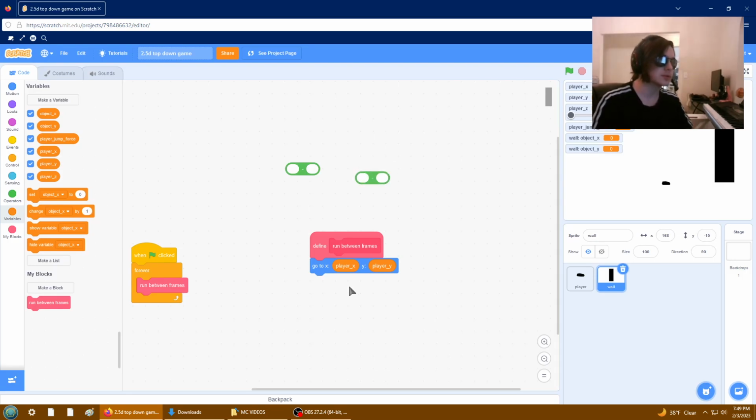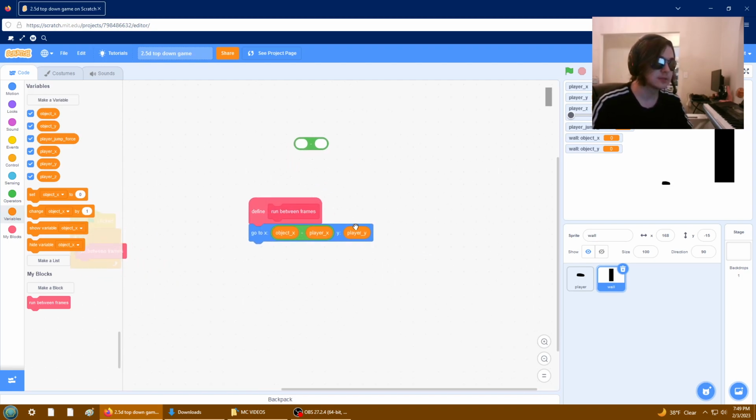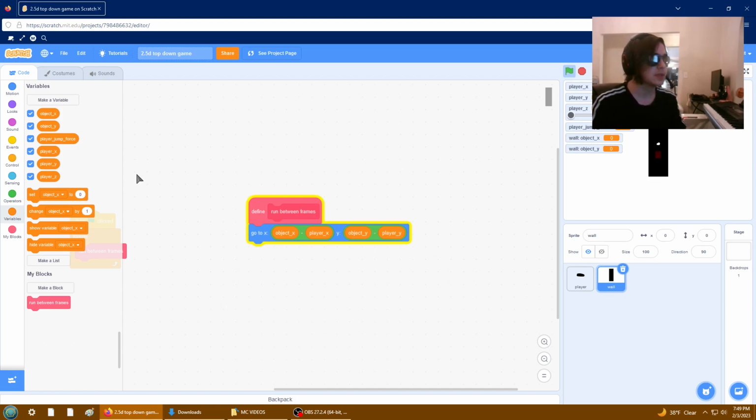And this is again just for scrolling, right? I'm not at object z yet. I'm gonna do object x minus player x, object y minus player y. Now I'm not actually gonna move yet, right? But if I change this, if Scratch will cooperate, yeah, so I put this here, right? And then if I move,